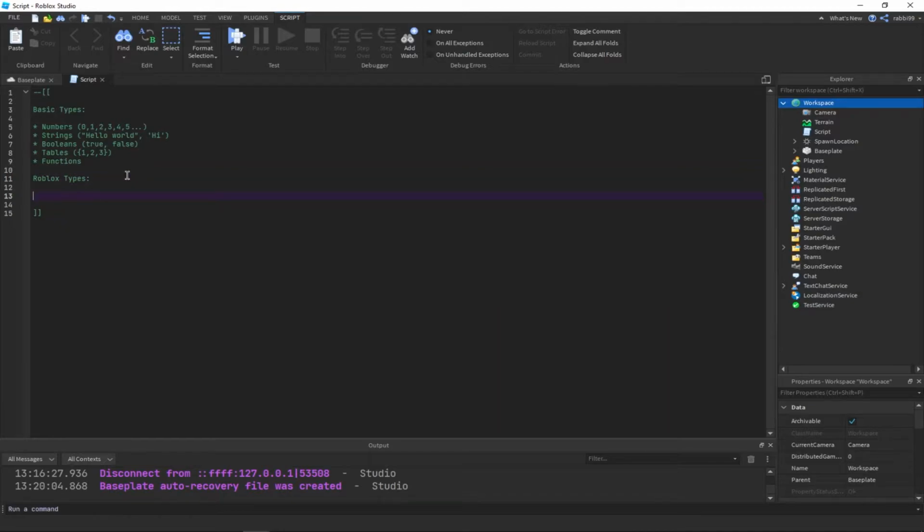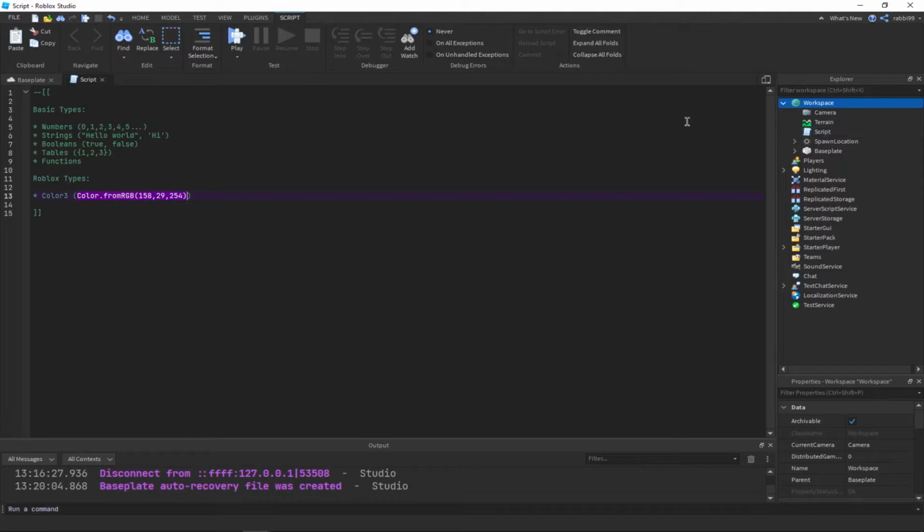And these types are made for Roblox, so you can use them in your game and script things the way you want it. And there's actually a lot of Roblox types. There's over 30, so I'm not going to cover all of them. So let me just start with Color3. All right. So Color3, obviously it's a color, and the way we express this is by doing this in the code. So let's say you want to do Color3.fromRGB, and then you can put here the numbers you want. So this is an example, and I know it looks really weird at first glance,